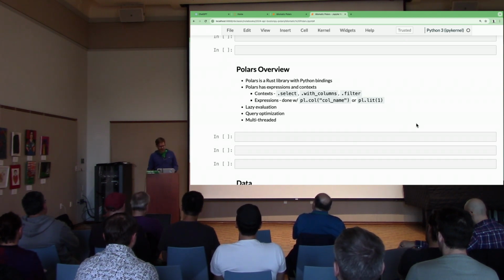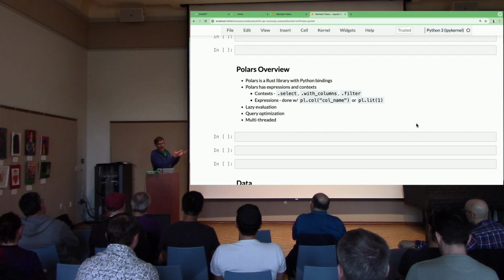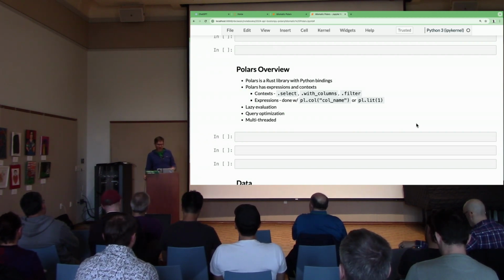And I heard just the other day that there's rumblings among Pandas developers that Pandas might start doing things in a lazy way now because Polars is doing that, and people apparently like that. So lazy evaluation basically means that